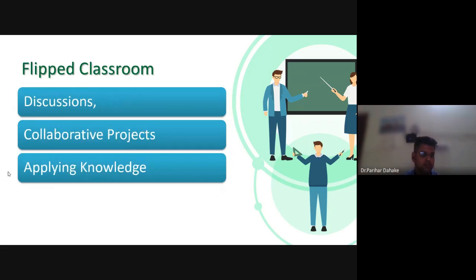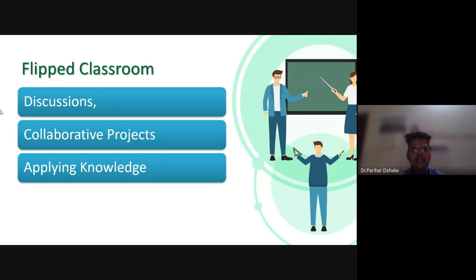But apart from this, the flipped classroom is also there for engaging students and people in different educational and learning activities. Obviously, sometimes teachers discuss add-on knowledge. That discussion is there. Collaborative projects are there. Knowledge application is there. And for that matter, you need to sensitize your students about societal problems and national problems, where students will know what kind of things are required by their nation from them.